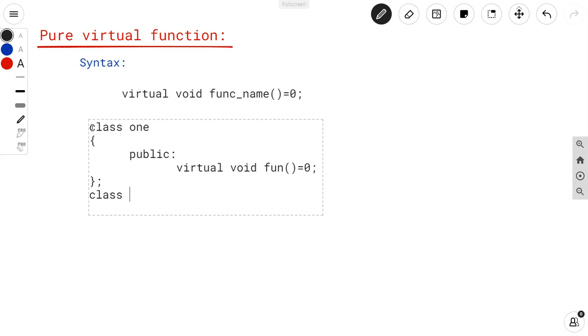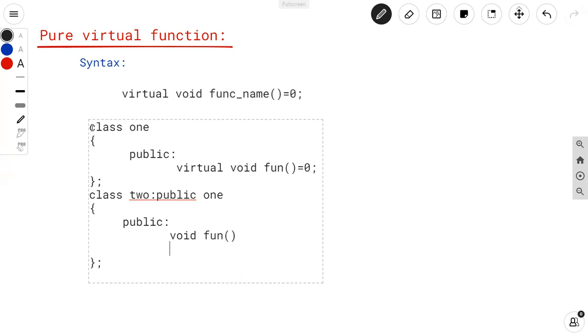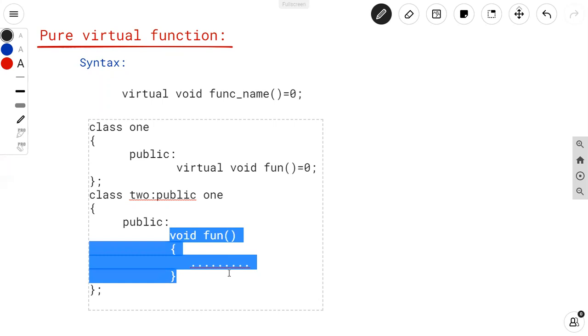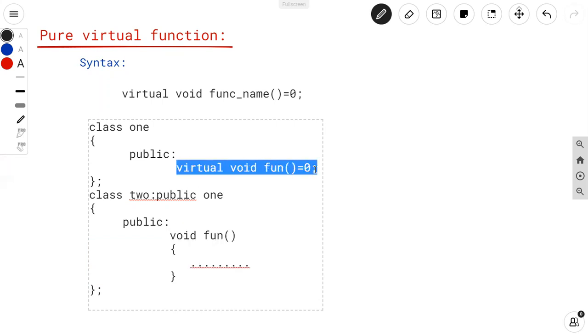But in derived class 2, we can redefine the same virtual function like this. Under public, we can redefine the same function without the virtual keyword, void fun, but it will contain some definitions. Here it contains statements inside this function, because it will perform some operation in the derived class but not in the base class, right?